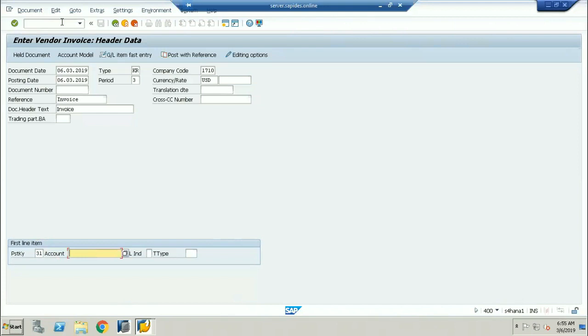Mahesh, I'm sorry to interrupt, but the transaction FBL1NH, right? FBL1NH is the new transaction code. As I told you, this is the new transaction code for the vendor line item display in S/4HANA. Earlier, we were using FBL1N. FBL1N is also available in SAP S/4HANA. Either you can use FBL1NH, where H stands for the HANA database, and FBL1N is also the old transaction code which is available in SAP S/4HANA.